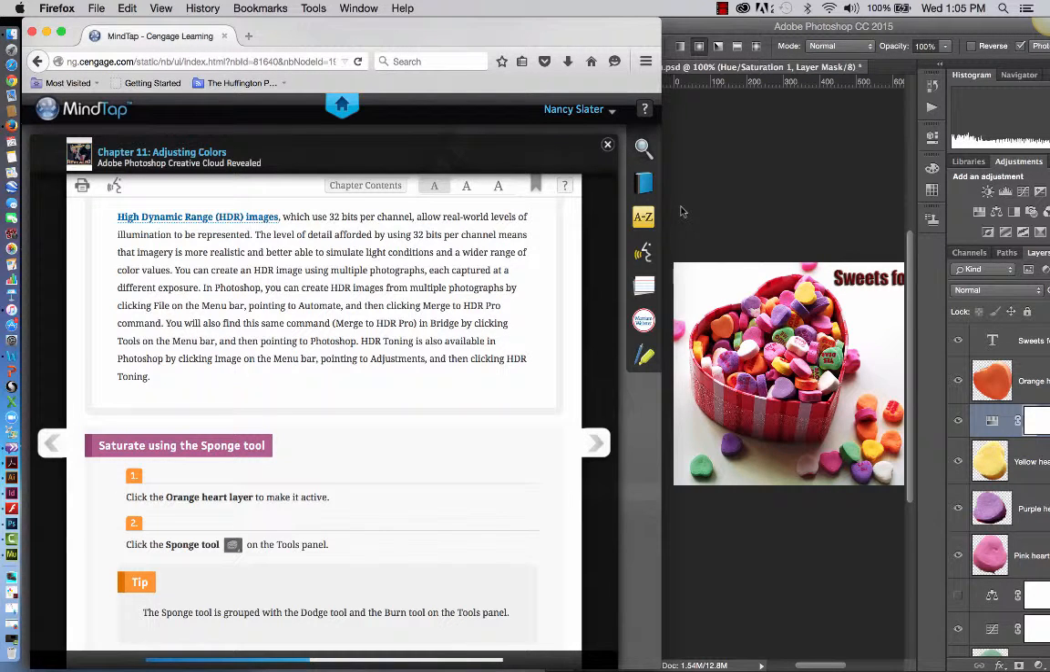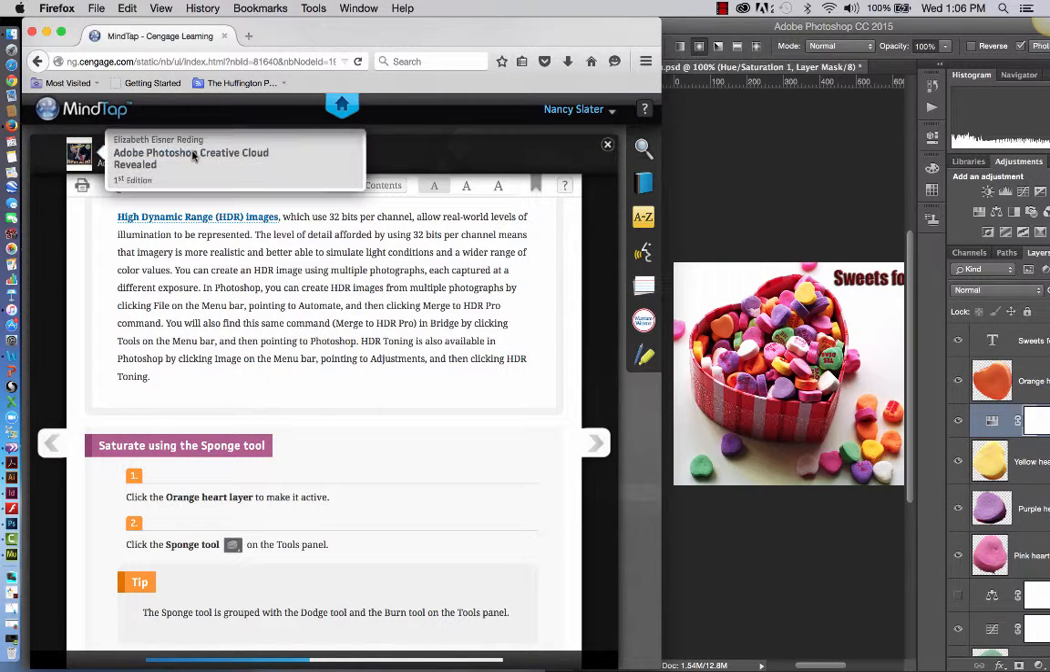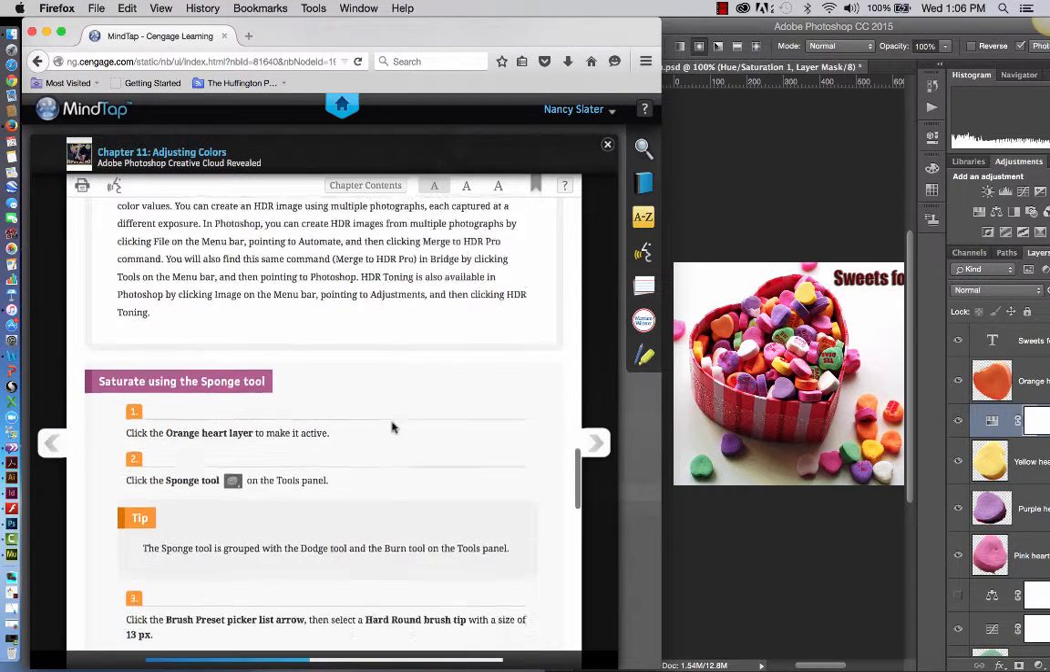Hey, welcome back. We are going to work on using the sponge tool to saturate our image. We're still in chapter 11, adjusting colors, in our textbook, Adobe Photoshop Creative Cloud Revealed by Elizabeth Eisner Redding. Now, on this particular